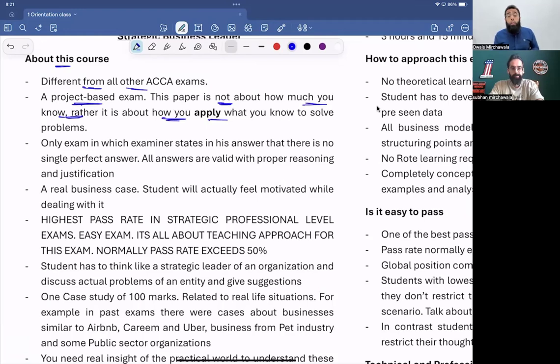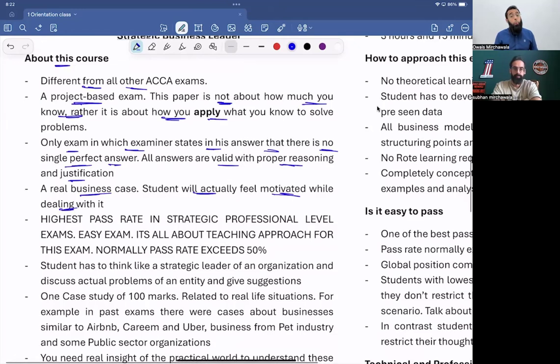So it is the only exam in which the examiner states in his answer that there is no single perfect answer. All answers are valid with proper reasoning and justification. With a real business case, the student will actually feel motivated while dealing with it. See, it's so real